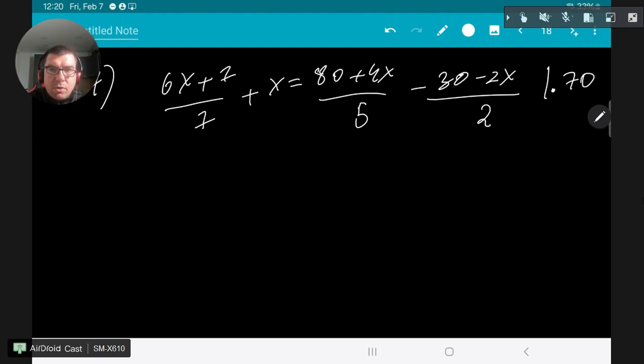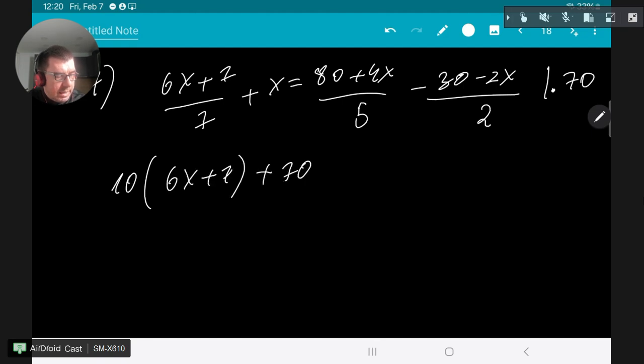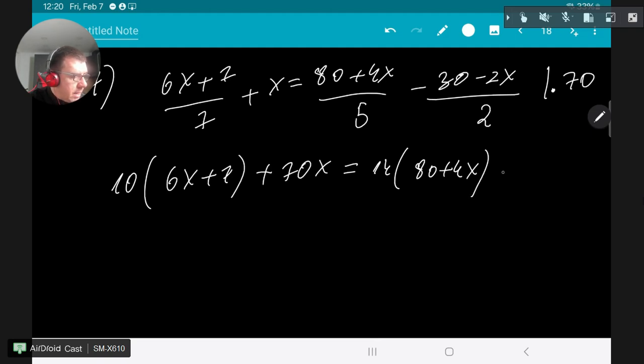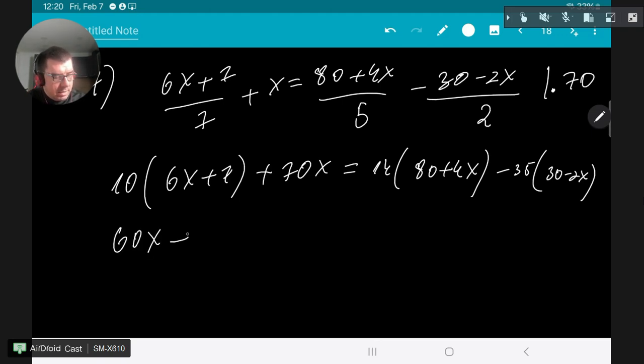Multiply by 70 on both sides, cancel the 7 with the 70, I get 10 times (6x plus 7) plus 70x equals, cancel the 70 with 5, I get 14 times (80 plus 4x), and minus 35 times (30 minus 2x). Okay, remove the brackets: 60x plus 70 plus 70x equals